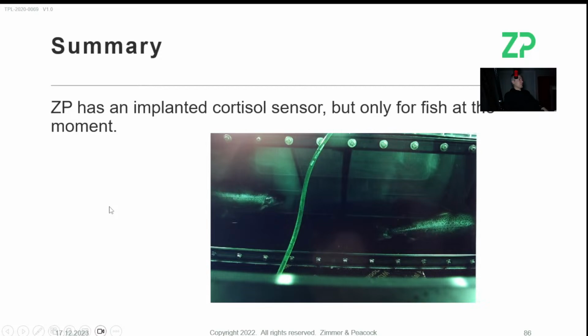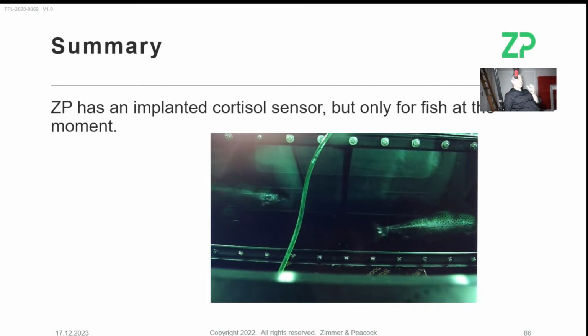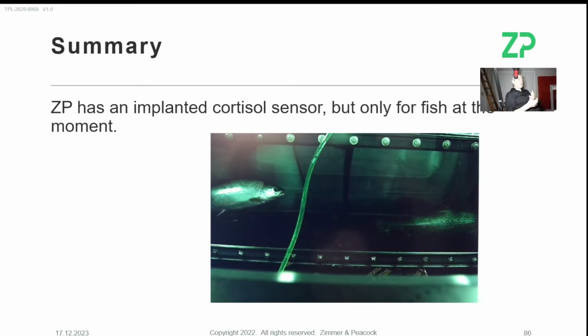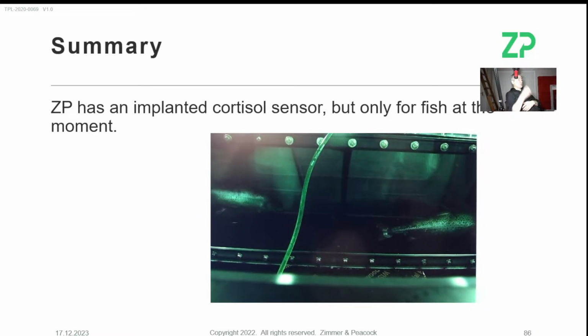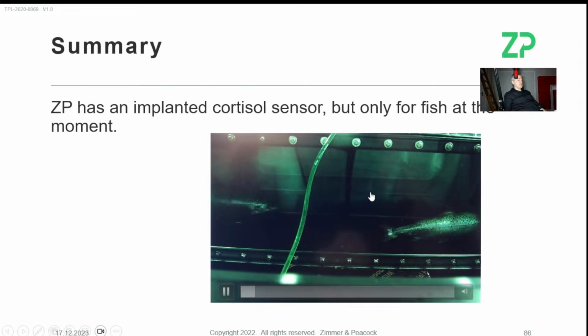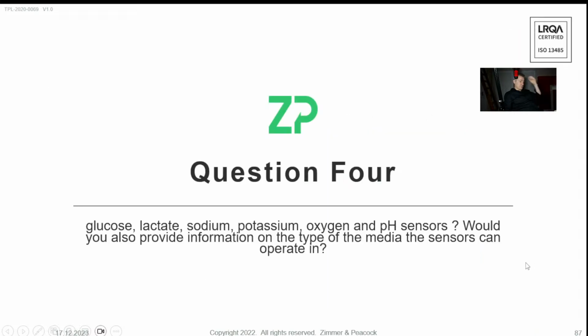So in summary, we do have a cortisol sensor. It actually is used in fish. It's more interesting to do hormones in what I call an IVD, a point-of-care test. I have done a little bit of work on testosterone, for example, in saliva. So you essentially get some saliva, put it on the sensor, get a result. That is much more achievable. But to make a cortisol sensor that's ready to go on a human being now, that's going to take a lot more funding, and we're not in a position to really get involved unless the funding's in place.